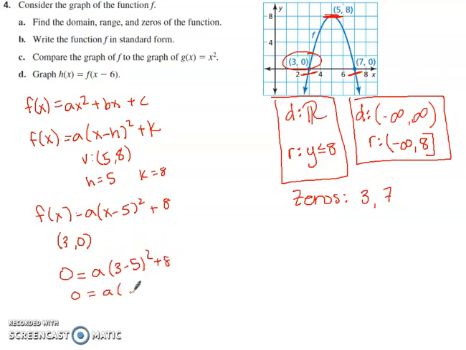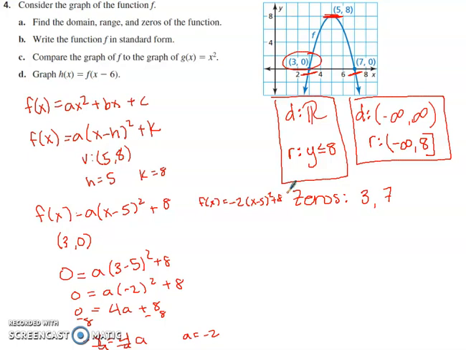0 equals a times -2 squared plus 8. So 0 is equal to, this multiplies to 4a plus 8. I will subtract my 8 over. Negative 8 is equal to 4 times a, and then I divide both sides by 4 to find that a is equal to negative 2. So this tells me that my equation f of x in vertex form is negative 2 times x minus 5